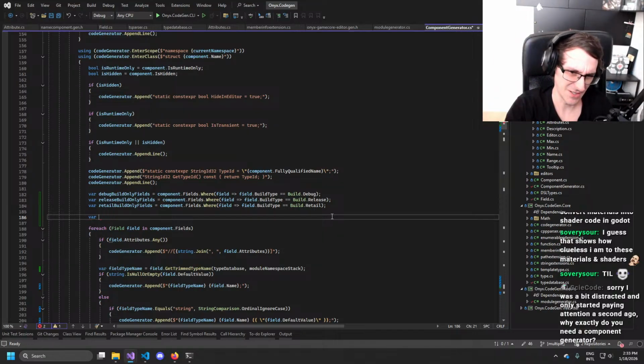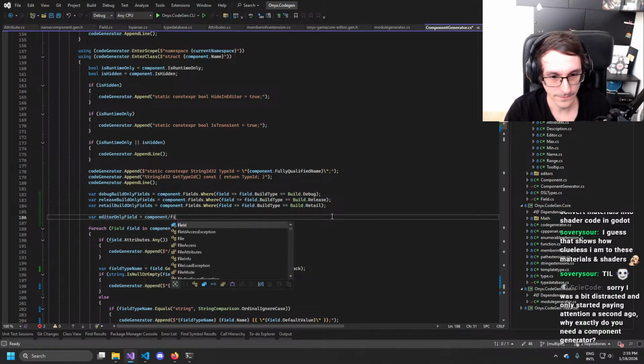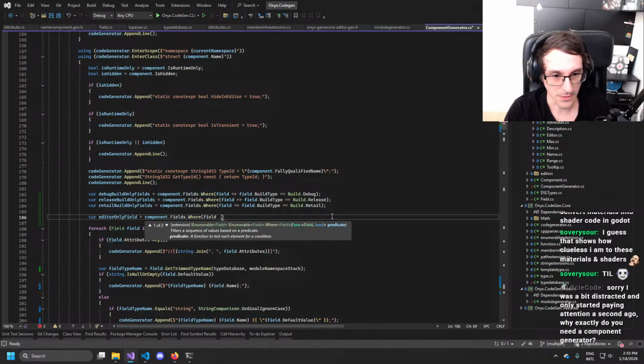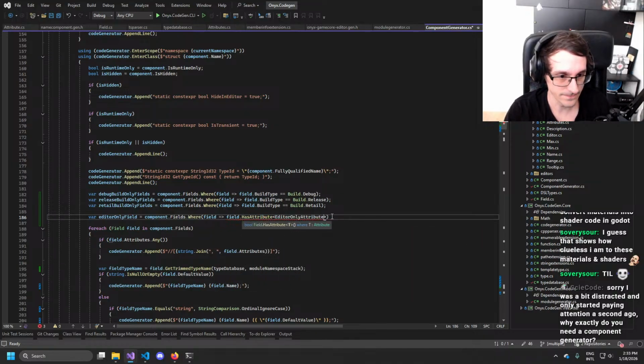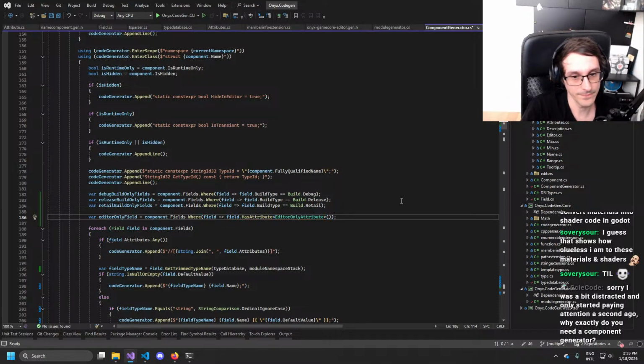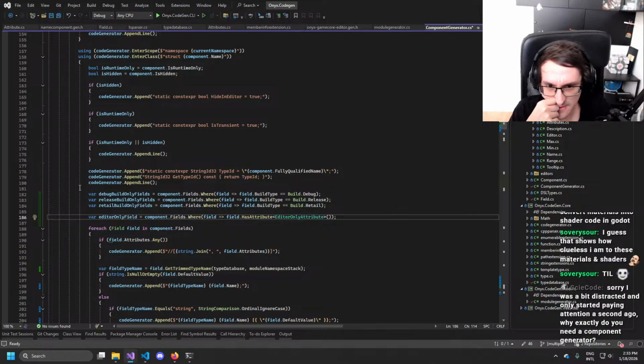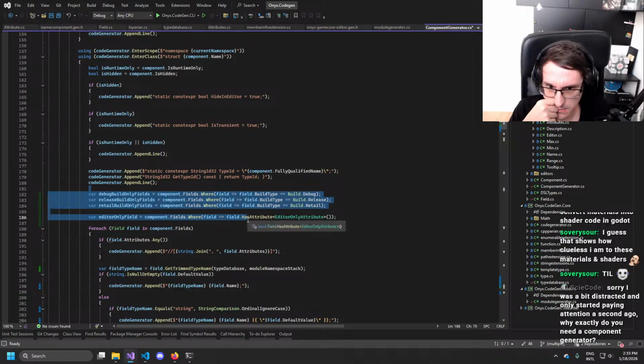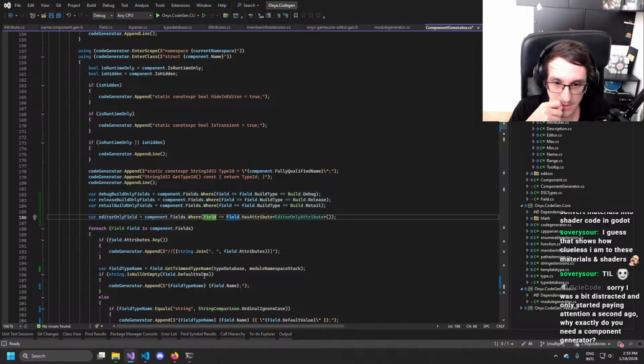How do I want the remaining fields? I don't know. Well, we have the editor only fields as well. Where field has attribute editor only. The question is, can this overlap? I mean, probably they can overlap.